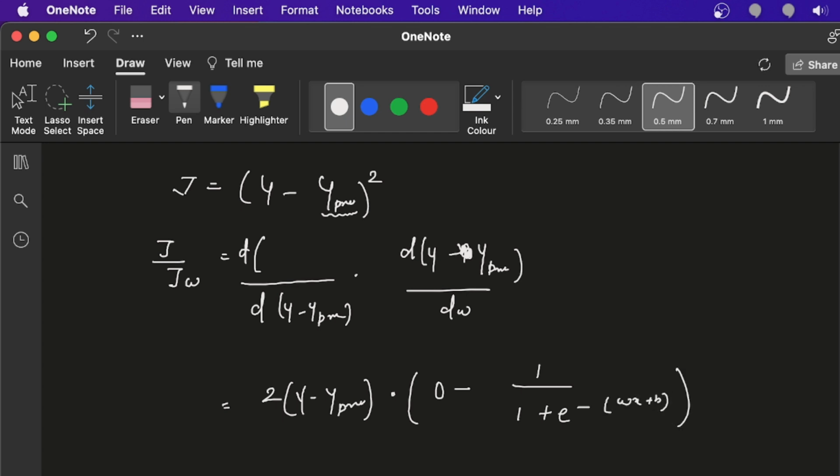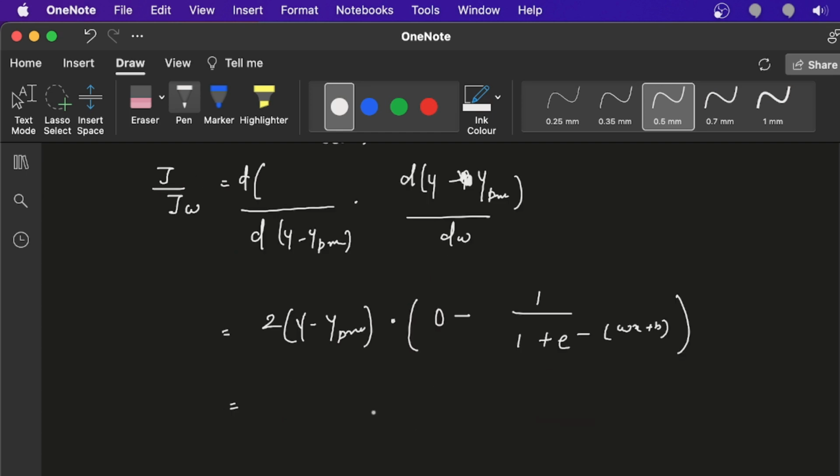Okay, now second, it will multiply with this and then multiply with this, which will be 0, and the final multiplication is this: 2y minus y predict. Now we have to apply the chain rule again, so we have to differentiate this equation. So you will get